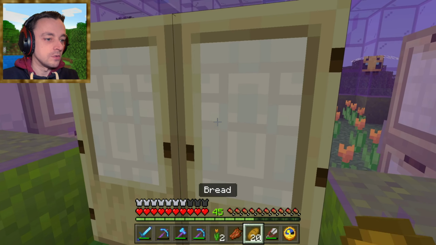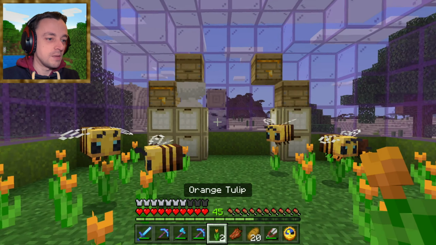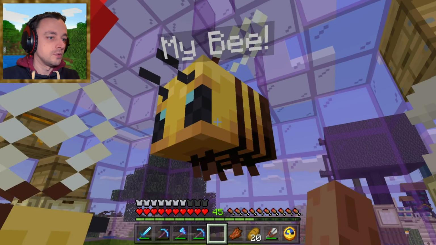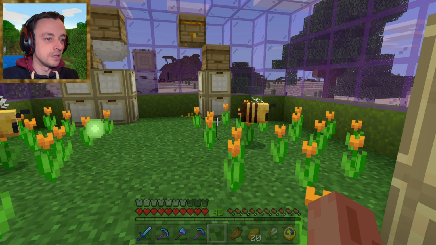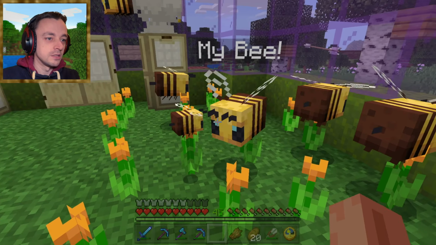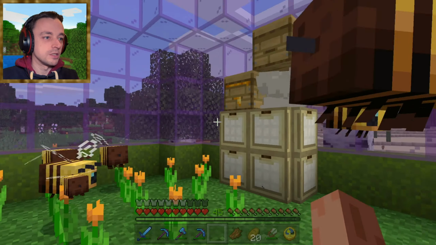Hey, bees! Oh, I don't have that in my inventory at the time. A lot of them have been named My Bee, just in case. There we go. And you. There you go. 2 bees! Very happy bees. And they're going to make a little bee. Look at how cute that little bee is. They are wonderful. And I've put loads of flowers all over the place so they're all set for the...